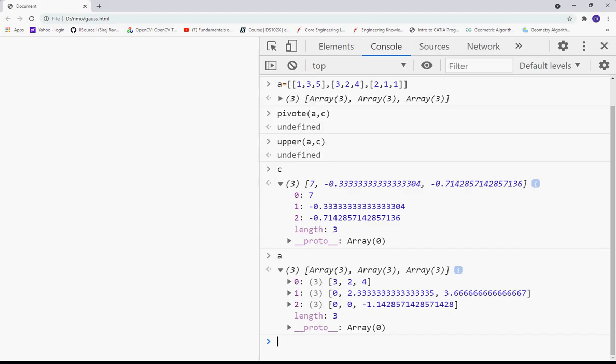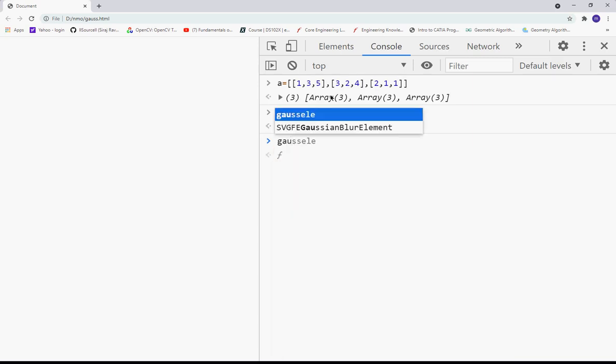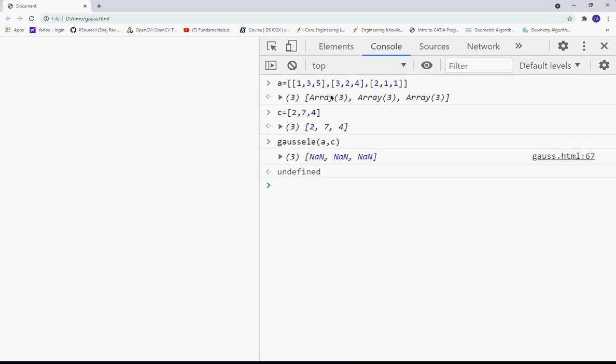Okay, I just hit save. Now I just reload this. Set a equal to this, then c equal to this. Now I can use the Gauss elimination function, and I can pass a comma c. So I got none.